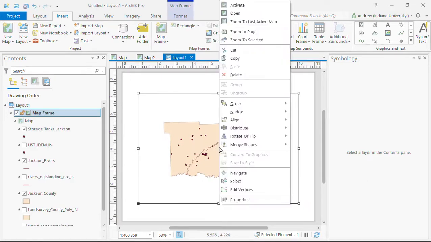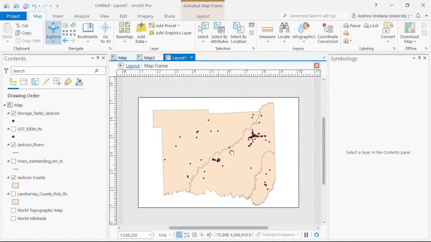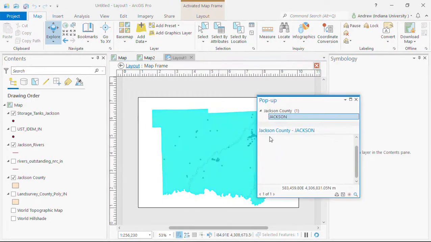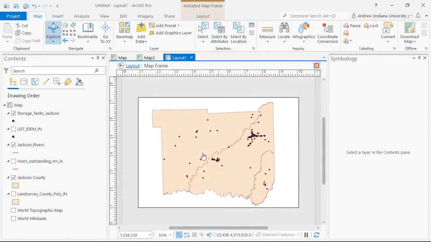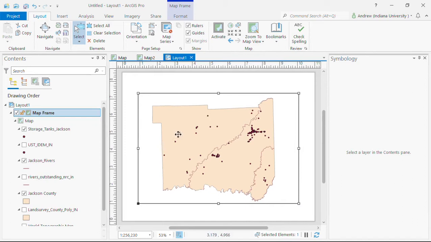Remember to right click inside, activate in layout view. That way we can move it around, make it bigger, make it smaller. It's probably a little bit too big. But anyway, so we'll just leave it there. And then I've got to go back up to Layout, close activation, and then